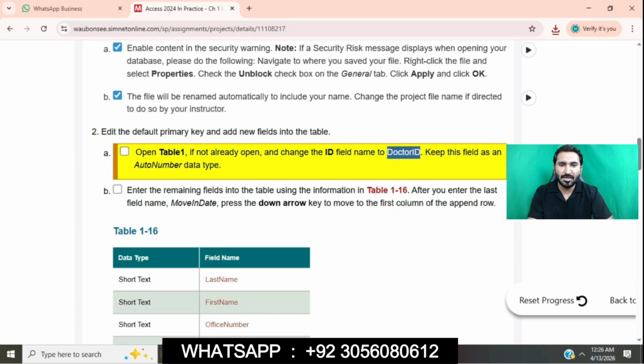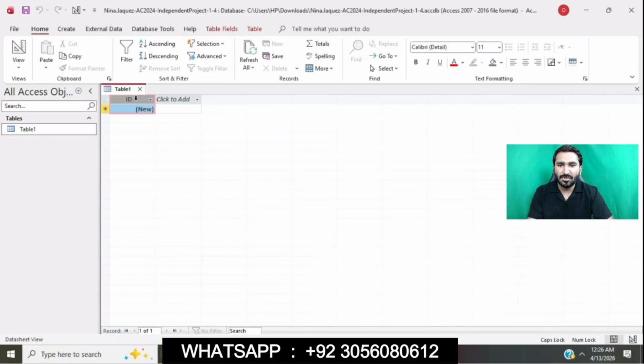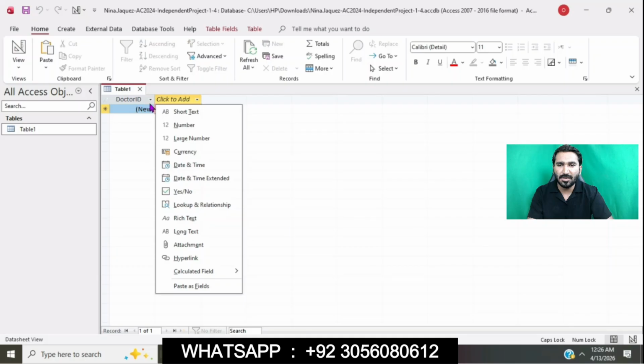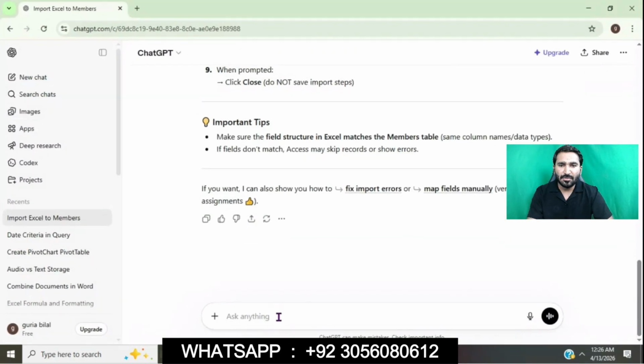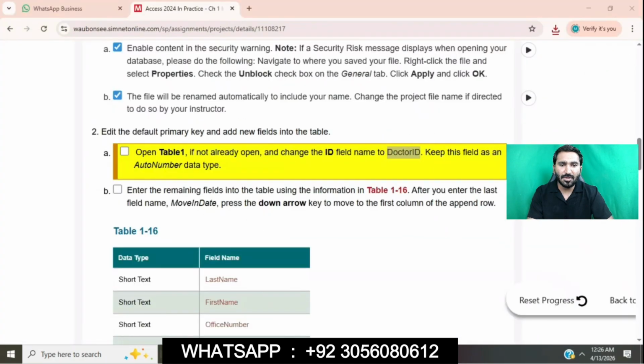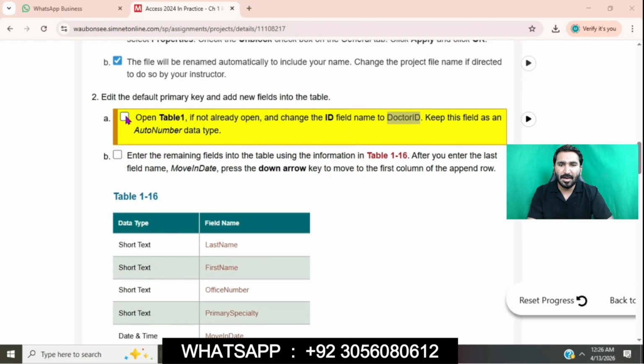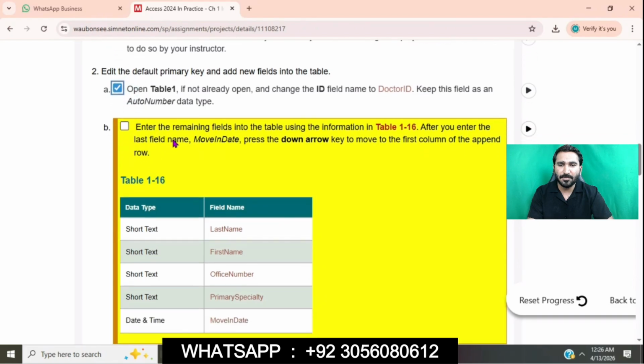We will change the ID field name to Dr. ID. Right click on this and we will enter Dr. ID. So keep this field as an auto number data type.